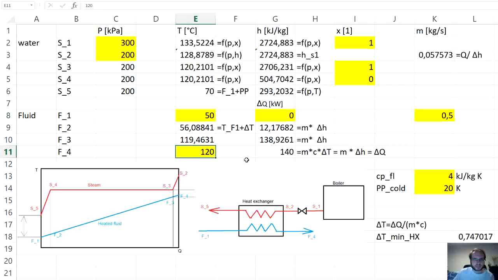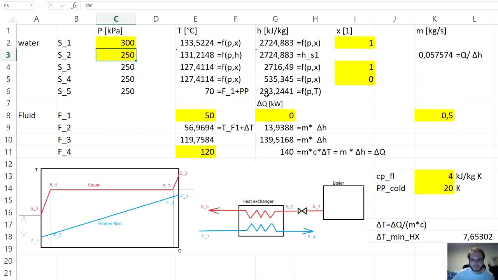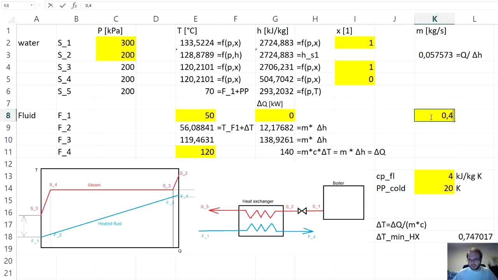As you can see the effect of some of the changes, so for example, if we would increase the pressure to which the steam would be throttled, so changing to 250 kilopascals, we would already condense the steam at 130 degrees C and have higher temperature difference than the minimum required. Similarly, if we decrease the mass flow rate,